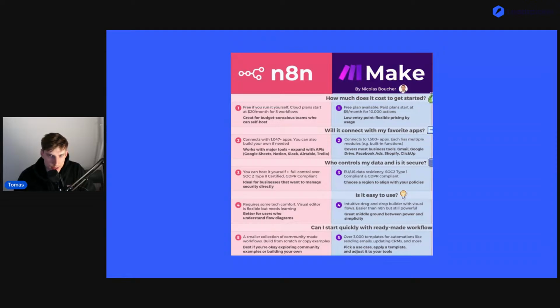Which solution is better? And so on. So I would like to start with this slide, basically to avoid this question later. Both tools are really great. My experience is that I started with Make, and after a few weeks I started missing some features in Make. And I was looking for tutorials, and there are not as many tutorials for Make